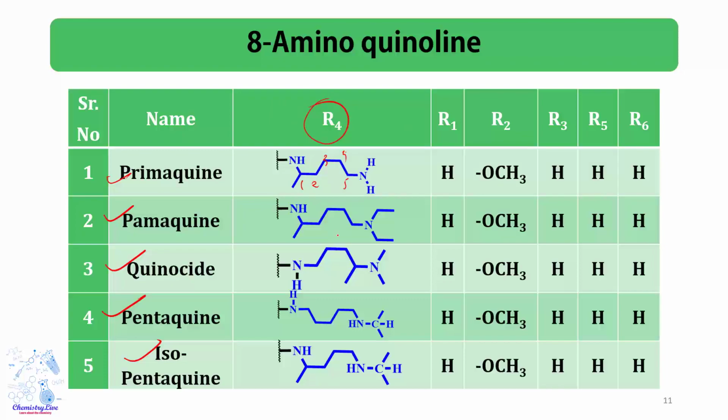Here the same 5 carbon in pamaquine, but the change is that the amine is primary amine there and tertiary amine here. Looking a little further down at pentaquine and isopentaquine, both are the same, but there is a side chain here, so the side chain plays an important role, as we saw previously. It is necessary to have a side chain, and quinoside also has a side chain. That is basically the SAR. We discussed it to refresh it, and now we start with the mode of action.